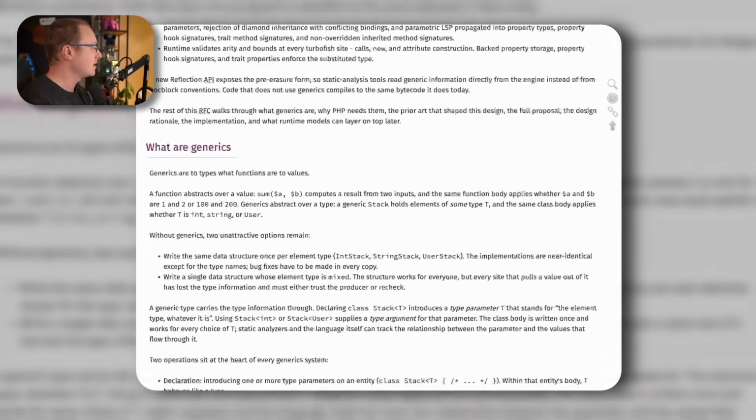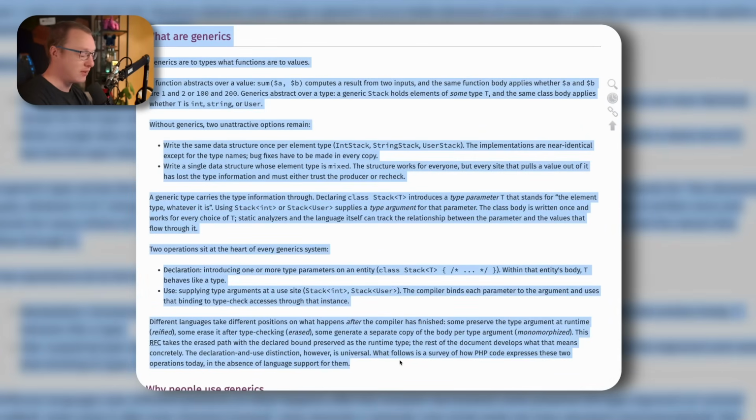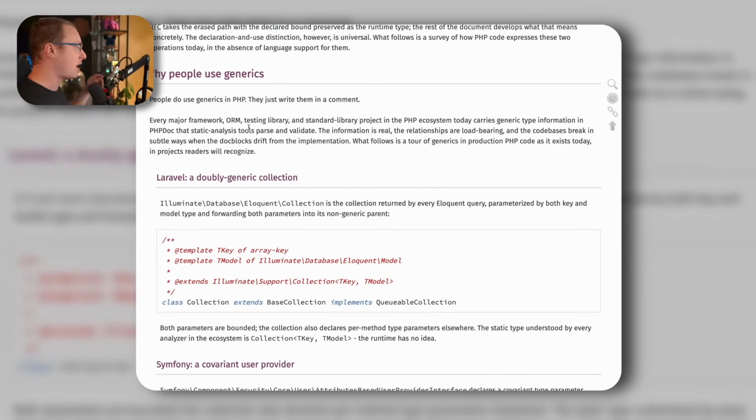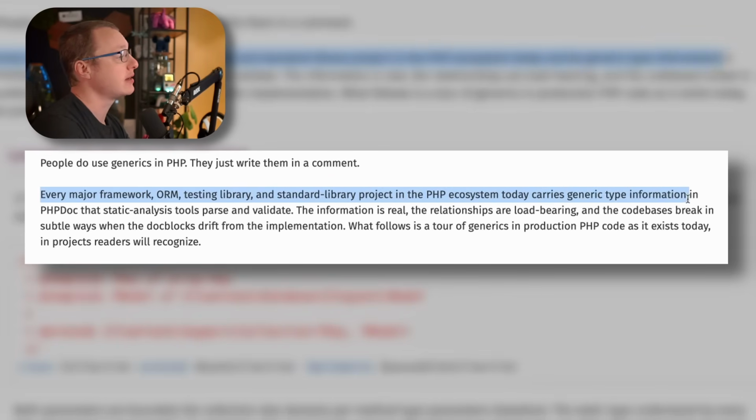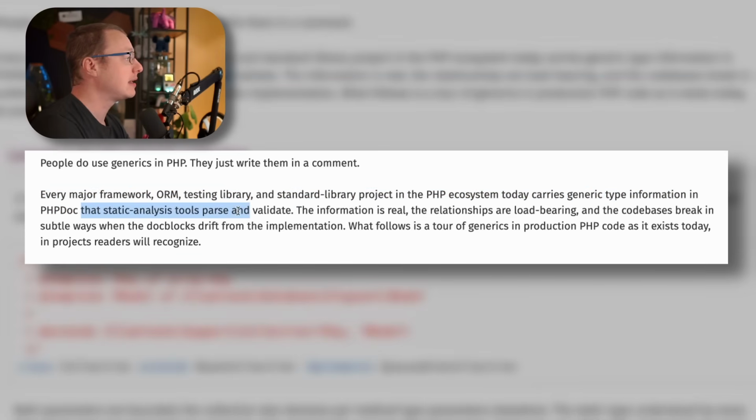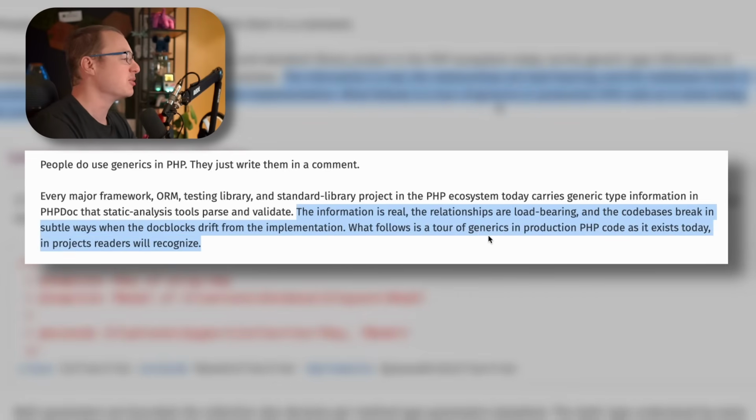Let's first actually read through, not this part, because I assume you know what generics is about, why people use generics. People do use generics in PHP. They just write them in a comment. Every major framework, ORM, testing library, and standard library project in the PHP ecosystem today carries generic type information in PHPDoc that static analysis tools parse and validate. The information is real, the relationships are load-bearing, and the codebases break in subtle ways when the doc blocks drift from the implementation. What follows is a tour of generics in production PHP code as it exists today in projects